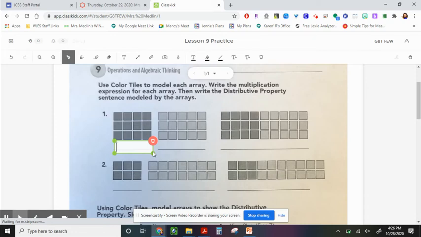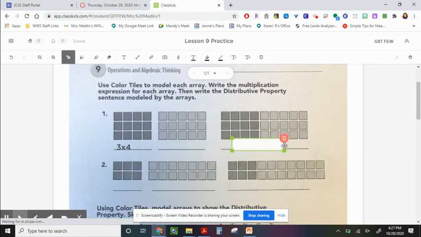So I'll even be really nice and go ahead and give you an answer. This dark gray part of this array has, I see 3 rows, and there are 4 in each row, so that would be 3 times 4. And that's all you have to do. And then you'll click off of there, and you'll make another text box, and you'll do the same thing. And then when you get over to this array where it has the 3 times 4 dark gray, and then it has a 3 times something else light gray array, this is where you'll put your equation, the distributive property sentence that actually has